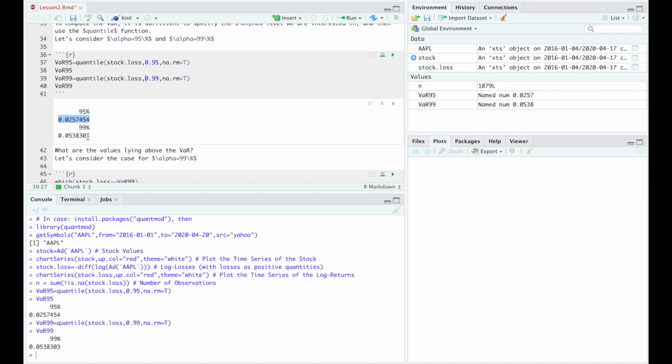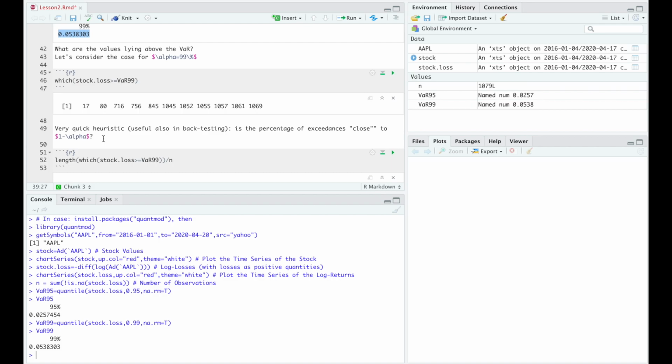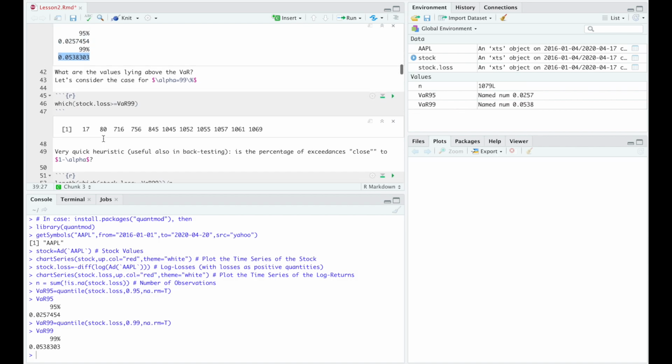And for the 99% value at risk, this value is now 5.38%. So it means that only in 1% of the days, of the situations, I could expect losses above, in absolute terms, 5.38, or that is to say returns below minus 5.38%. If you want, not particularly useful at this stage, but in any case, a very simple heuristic that I always suggest to use is